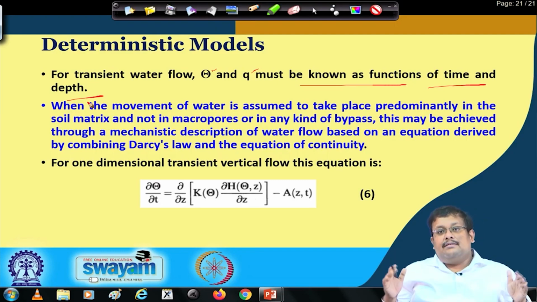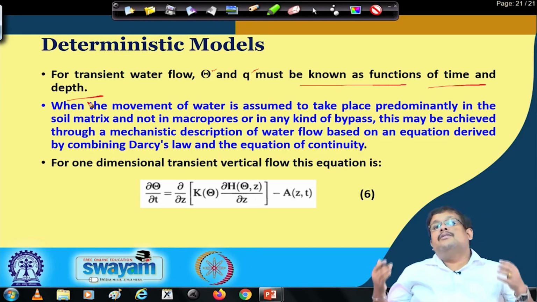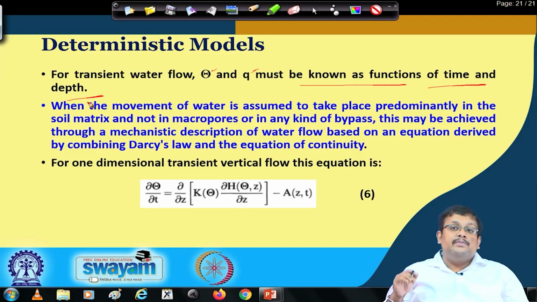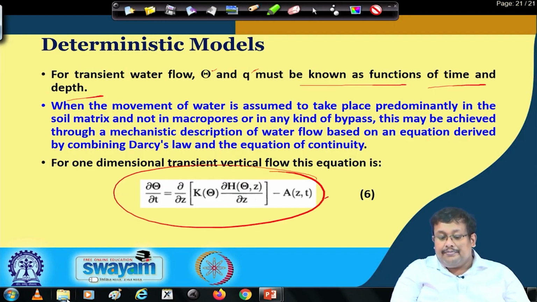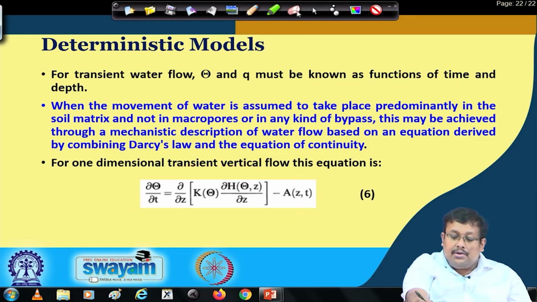Now, again let me explain this. When the movement of water is assumed to take place predominantly in the soil matrix, and not in macropores or any kind of bypass, this may be achieved through a mechanistic description of water flow based on Darcy's law, also combining the continuity equation. Now, for one dimensional transient vertical flow, this equation basically takes this form. So, this is the one dimensional transient vertical flow. Okay, so let us see